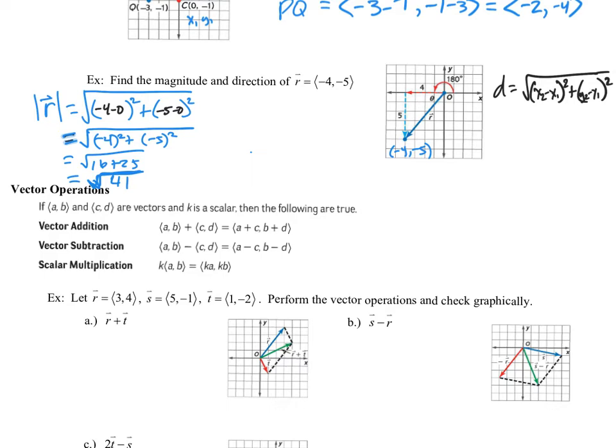So we have done the first part of this example. We have found the magnitude. The next thing we need to do is find the direction of vector r. So let me just clarify what I mean by direction. The direction of vector r is the angle that the vector makes with the positive